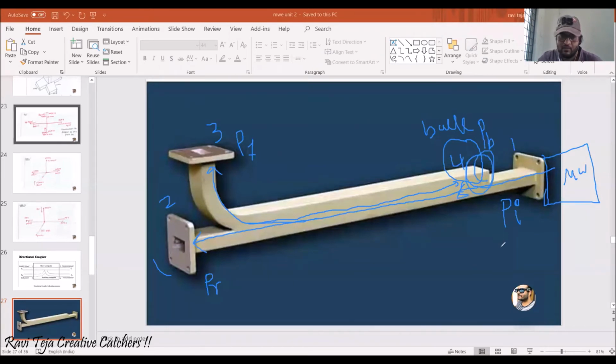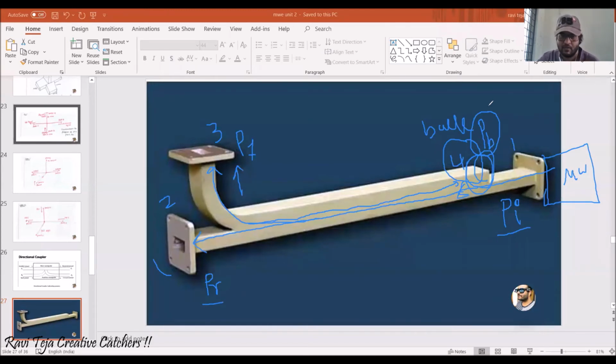Okay, so mostly what we need to assume is what is the incident power, how much incident power we are giving, how much power of the microwave signal is received, and how much power of the forwarded microwave signal is there. These are the calculations we need to make. So when a microwave signal is transmitted into a directional coupler, we only need to calculate how much input we gave, how much was received, and how much was forwarded. Even if you calculate the back power, how much is reflected, that will be very, very, very minimum.